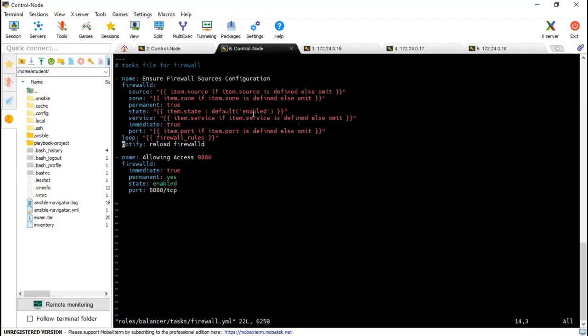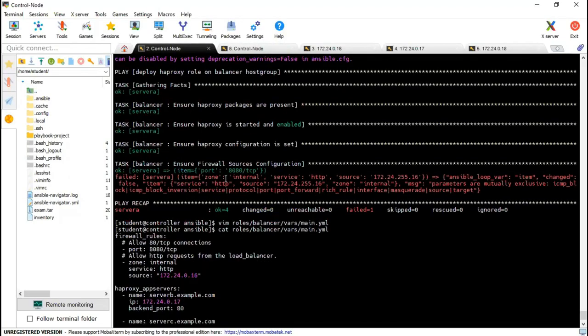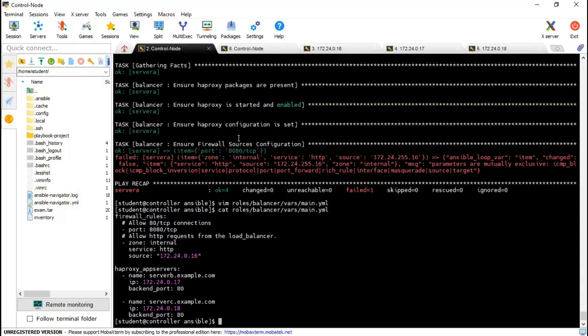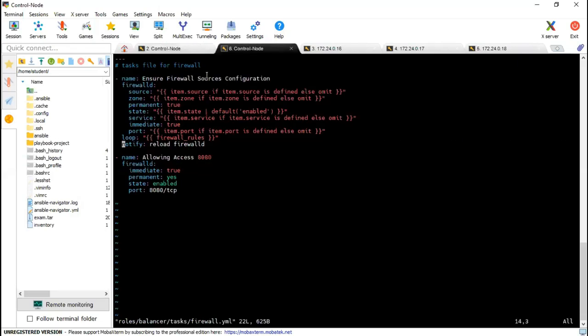Firewall rule, inserting firewall source configuration, so firewall sources configuration, and now it's getting failed. So it means sources configuration: source, zone, permanent, state, service, immediate, port.